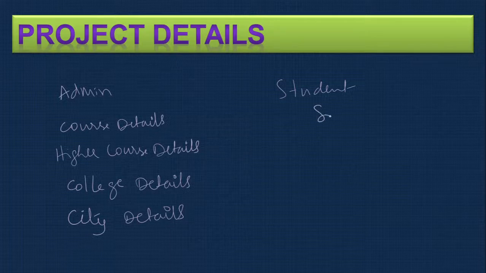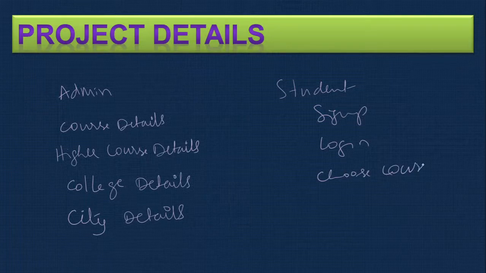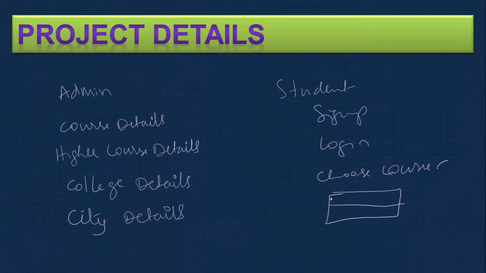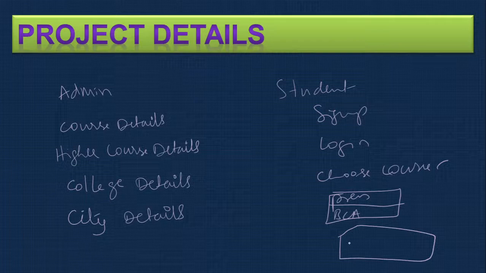Here the student can sign up, and they can log in. Here they can choose the course. Once you select it, they need to select their present course. Once they select, let's say for example BCA, then the options for them will be shown, because we already entered all the options over here. The entries that are done will be displayed here. Therefore, the student will understand these are the options available for them after this particular course.